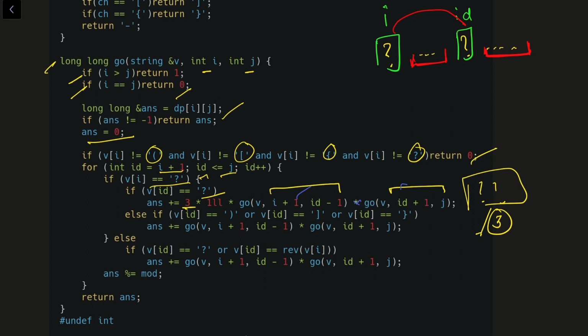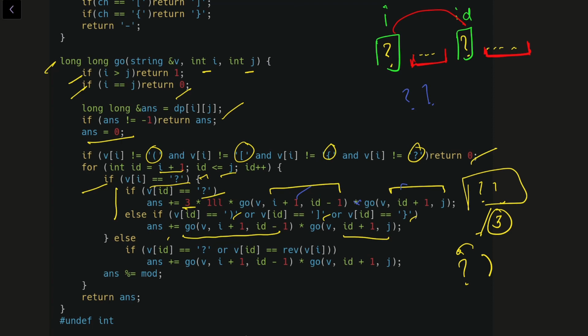After that, I'm multiplying it by 3 because we can solve our current subproblem in 3 ways because we have 2 question marks, right? Now if we don't have a question mark, we'll have a closing bracket which we can use. So in case of a closing bracket, we can recur for i plus 1 and id minus 1, and id plus 1 and j, and we won't get 3 ways here because I know our closing bracket is some character, okay? So our opening bracket should be that same character only. That's why we are not multiplying by 3 here, right? If my v[i] is equal to question mark, then we have covered the cases.